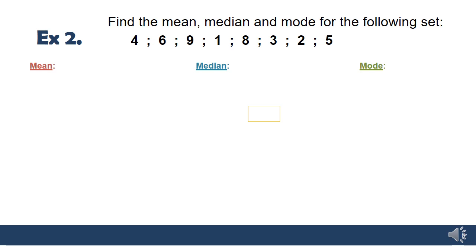Our second example, find the mean, median, and mode for the following set. Again, pause the video and see how you do. Right, for the mean,